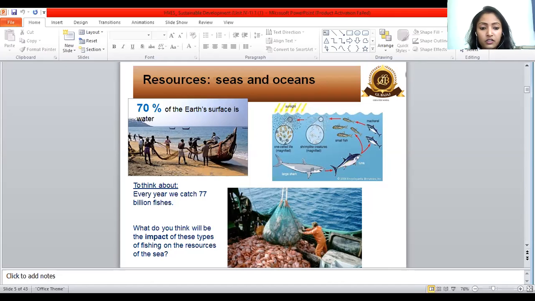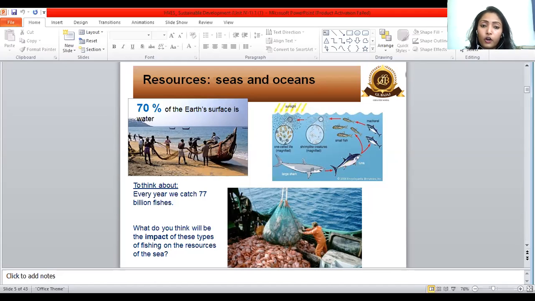So can you just imagine how this type of fishing can impact the resources of the seas? Of course, there may be some endangered fishes there, and big fishes require small fishes as their prey. So human activity is indulging into this whole nature's process, the way humans want to satisfy their need, and not just in the form of consuming fish as food, but of course a very big business is going around with this fish catching process. Human beings are just overindulging into the ecosystem under the water.